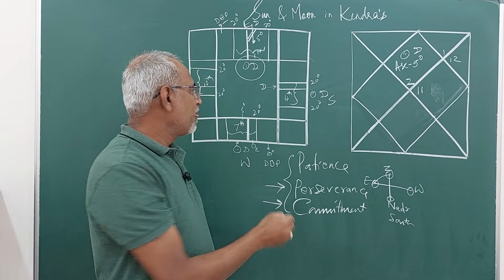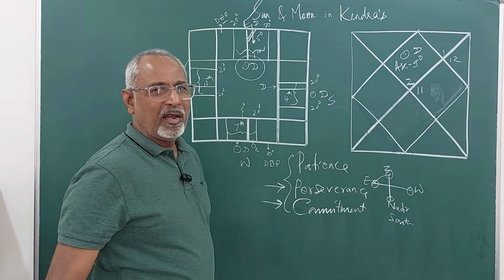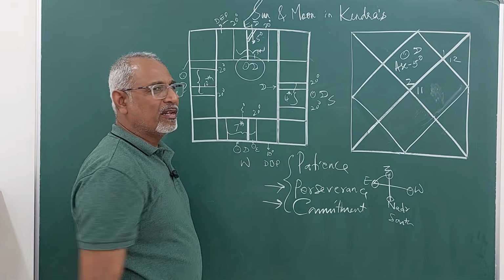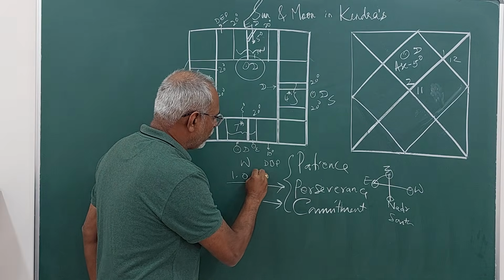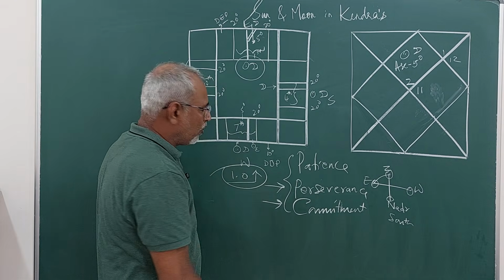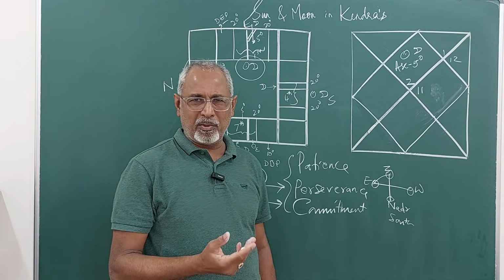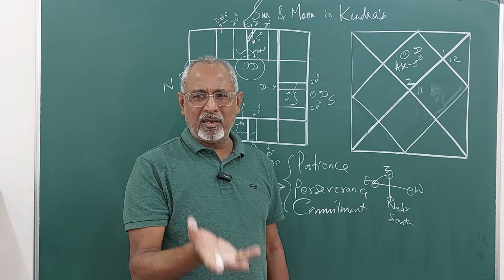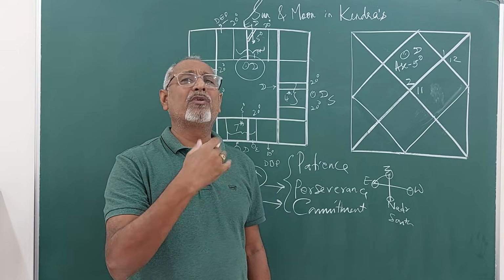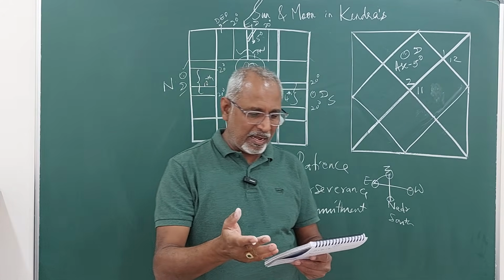See the Shadbala of Sun and the Shadbala of Moon, and see whether they are crossing 1.0 rupas; they should be more than that. If they are more than 1.0 rupas in the Shadbala, then that means both have got elevated in their character, and they will give out excellent results. And the results are that